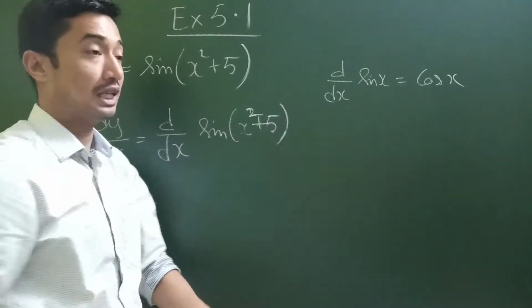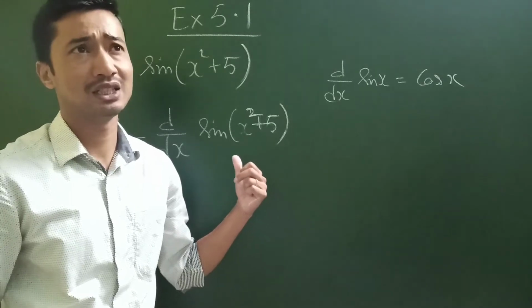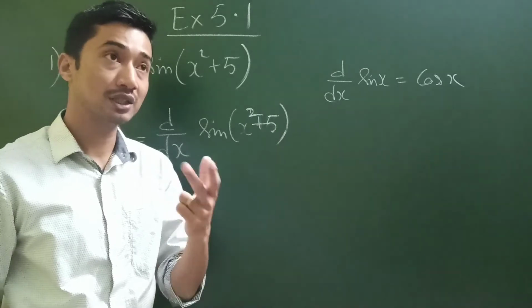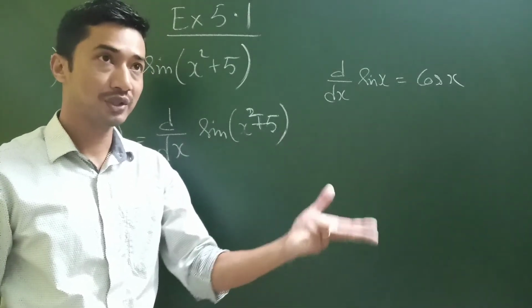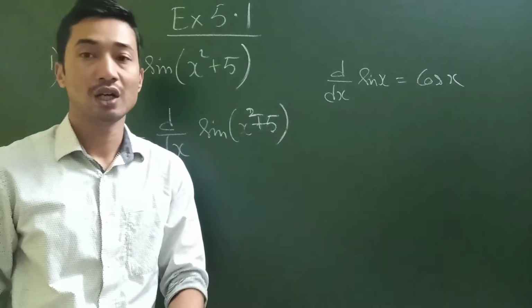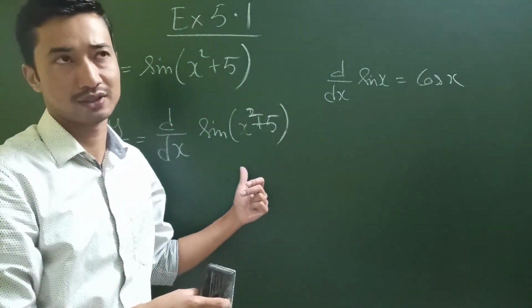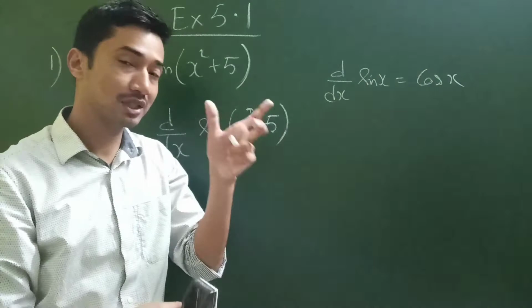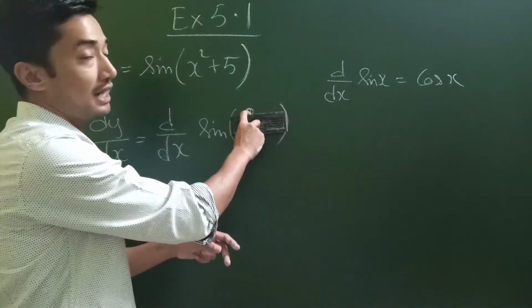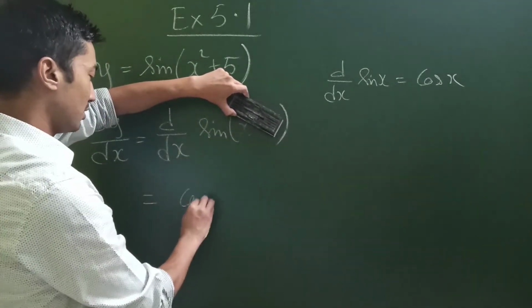Of course, if you want to do the lengthy stuff, one step, two steps, just like we did in the first few examples, you can do that. But when you have like 3, 4, 5 functions, then who's going to write all those? So let's try to get used to this common sense way of solving differentiation using chain rule. So I'll just assume that this is x. Now if I assume that this is x, what will be the derivative of sine x? It is going to be cos